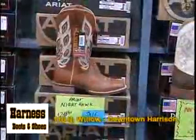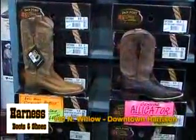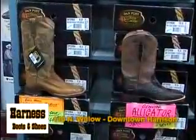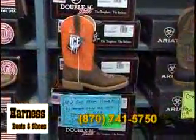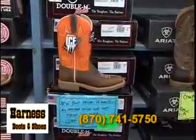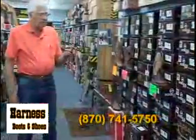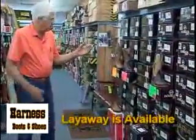Of course, we've got all the good brands pretty well tied down. Ariat is a big seller. We sell Justin, Tony Lama, Double H, they're good. Even got a Nocona boot. And so we stock, I believe there's probably about 25 different styles on this side